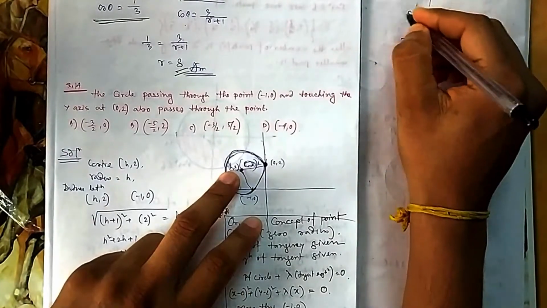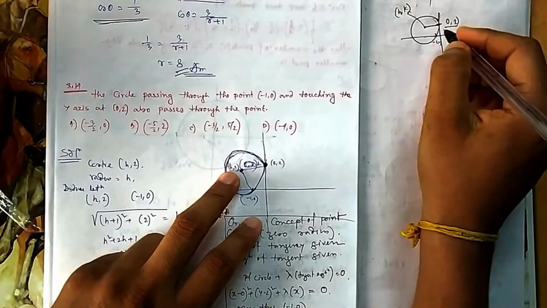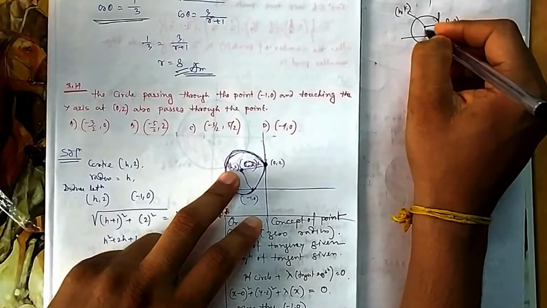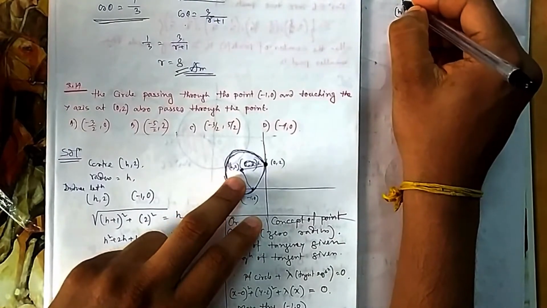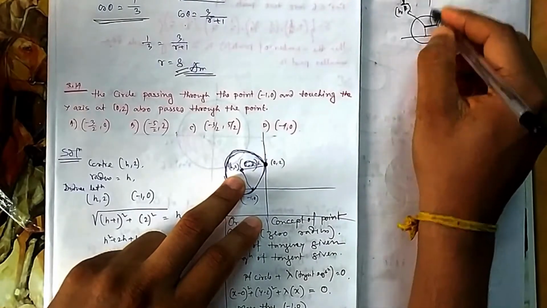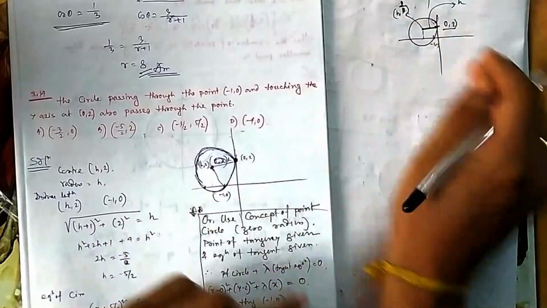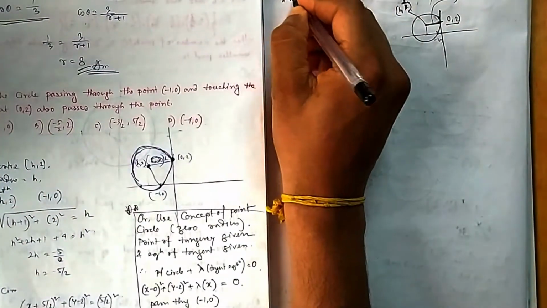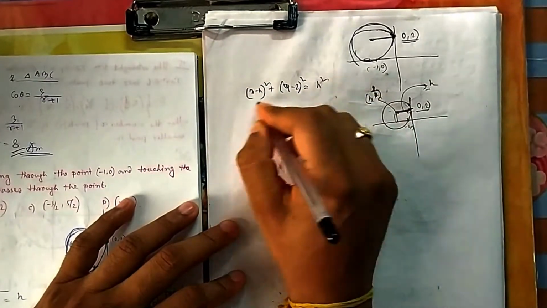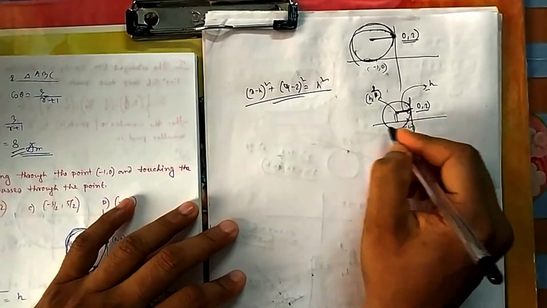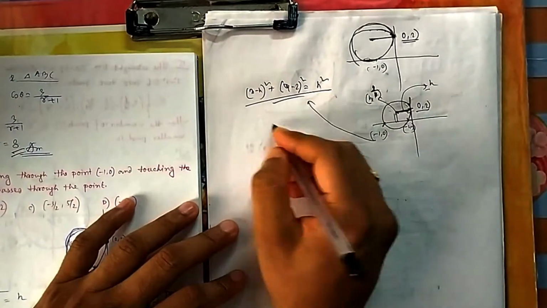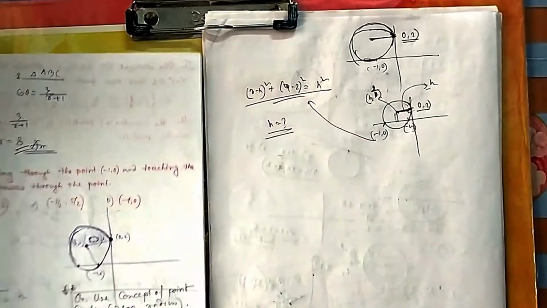This center, if you take h comma k, what should its k be? k is fixed, it is at height 2, so the center will be h comma 2. And what will its radius be? The radius is h, you can see this is the radius. So what will your circle be? The circle will be (x minus h) whole square plus (y minus 2) whole square is equal to h square. Because this has to pass through -1, 0, if I put it there, that should satisfy. Using this you can easily find h and solve this question.